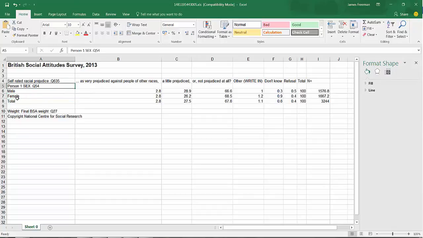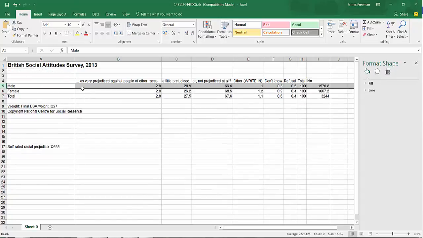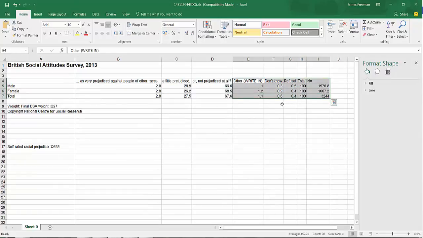So first thing I'm going to do is just clean the data up a little bit to make things easier. Delete that variable there, and I'm going to just save the question down here, so we've got that for the title of our chart, and then we can get rid of this row so that we don't confuse Excel. Now, I'm not really going to bother charting this data. I just want answers to the three main